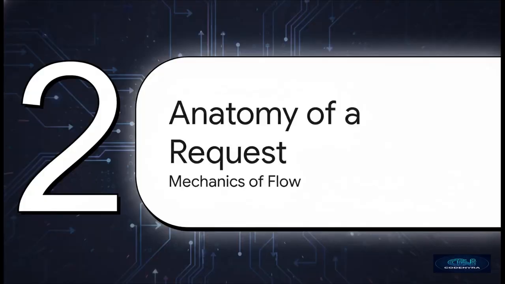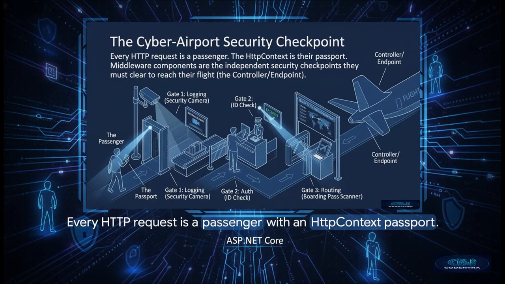Moving right along to Section 2, Anatomy of a Request, Mechanics of Flow. I love this analogy. Think of your ASP.NET Core pipeline like a highly secure cyber airport checkpoint. Every single HTTP request is just a passenger trying to catch a flight, and their HTTP context object, that's their passport. The middleware components are basically the independent security gates they have to clear to reach their final destination, which, in this case, is the controller or endpoint. So maybe Gate 1 is logging, kind of acting like a security camera. Gate 2 is the ID check, validating their authorization,